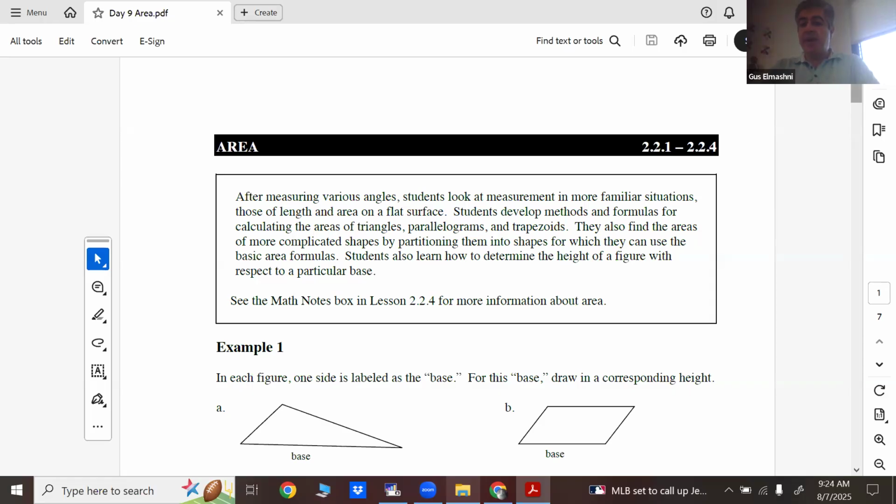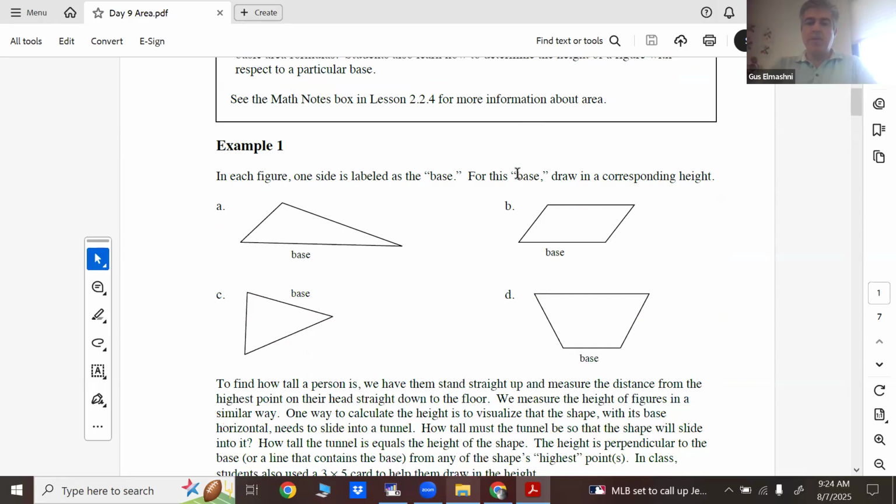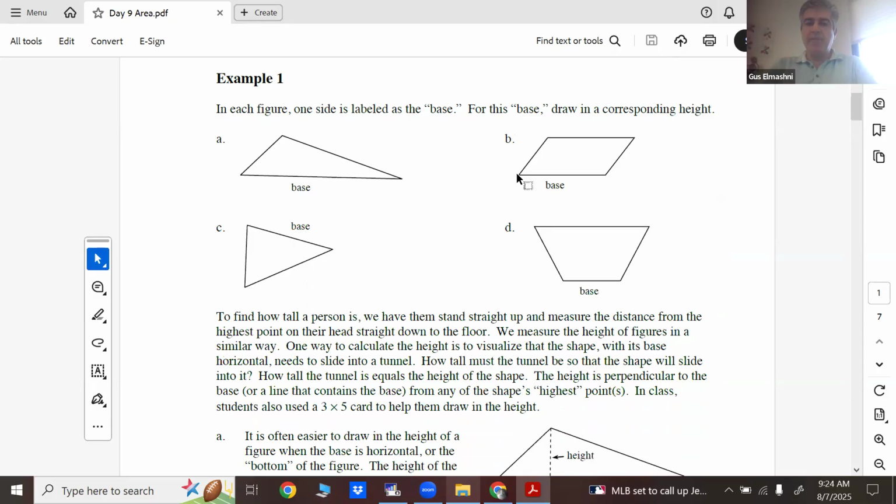So yes, we're gonna be finding areas of all these different shapes. They mentioned triangles, parallelograms, and trapezoids. And right, we want to look at dimensions, particularly height and bases, right? That's usually what we want to do. So what we're gonna do is we're gonna label inside the base, and then we'll draw the height. So